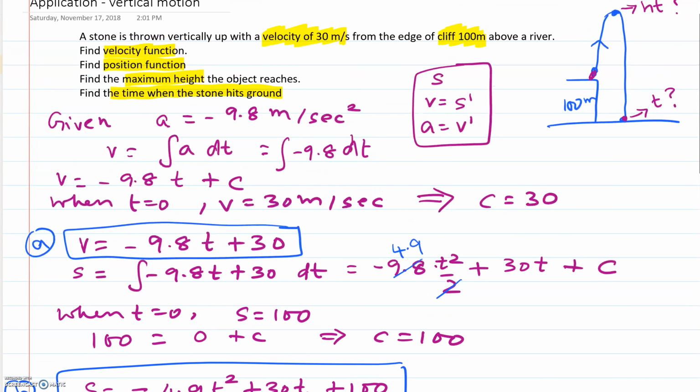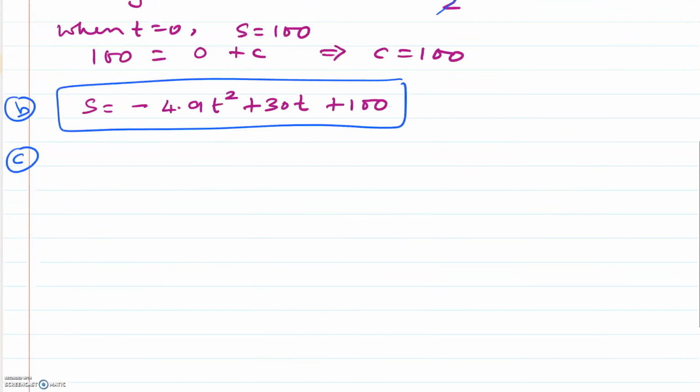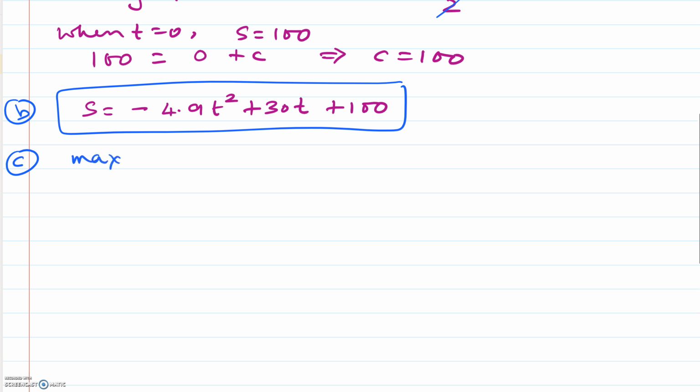Question C is find the maximum height the object reaches. So basically we want to find this height. The maximum height is reached when the derivative is 0. It's a maximum height function, so the derivative is 0, or you could work with the velocity. A derivative of s is the velocity, so velocity is 0. So we could use one of these equations. So let's put velocity equal to 0, and we get,